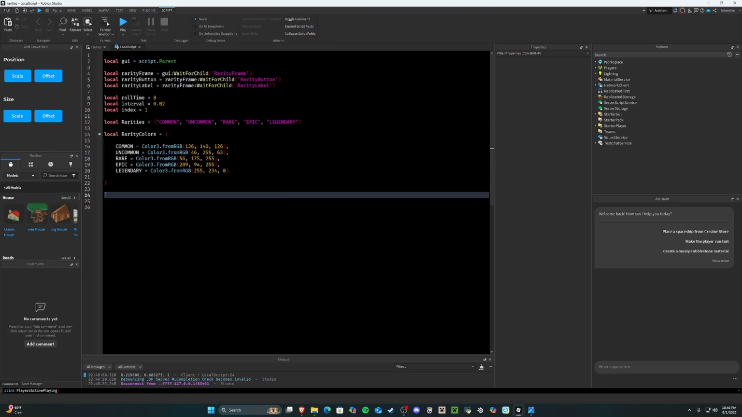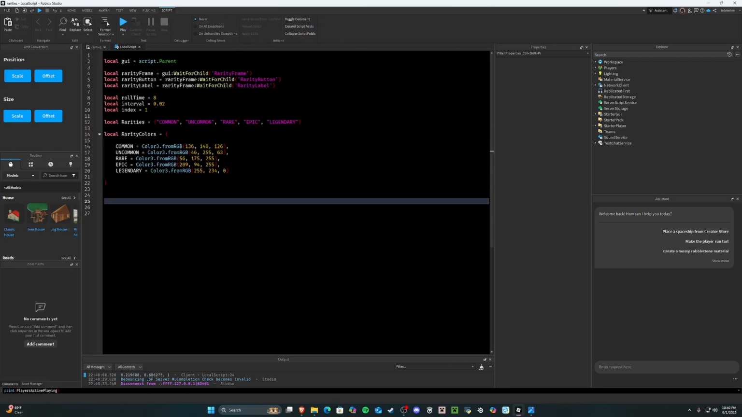Okay, so we want to get this all working. We are going to start by making the first thing that's going to set it all off. We're going to set this whole thing off when we click the rarity button. So mention the rarity button dot MouseButton1Click. This MouseButton1Click works on PC and mobile. What this does is it takes the input from your mouse or when you tap on the screen,